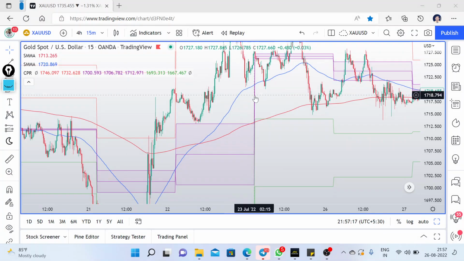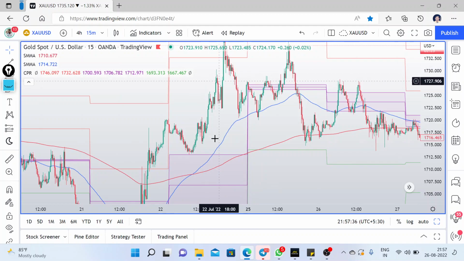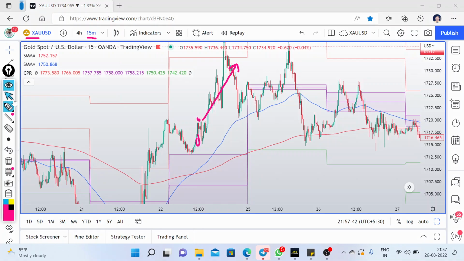See, there are two stop losses that you have to consider. Either you have to wait for a candle close below the 200, or you have to wait for two candles closing below the CPR. So in this case, this is the buy side, but on the next day, when do you have to enter? See, as I already told you,